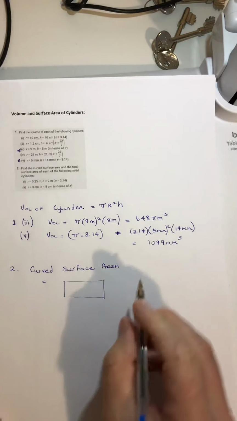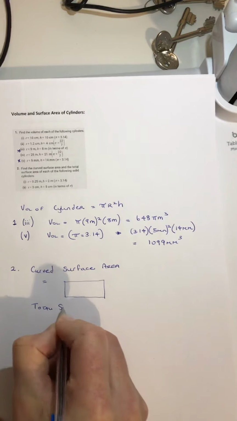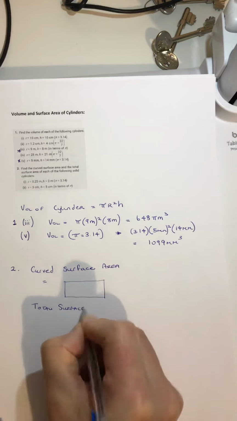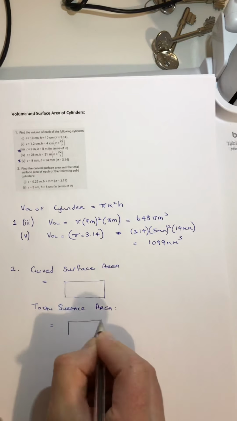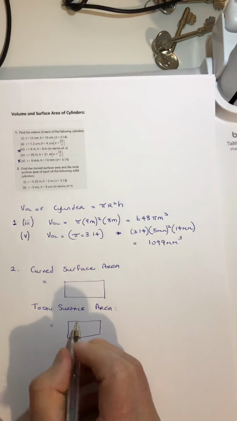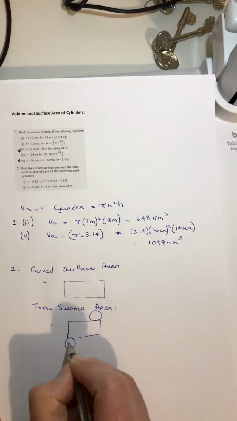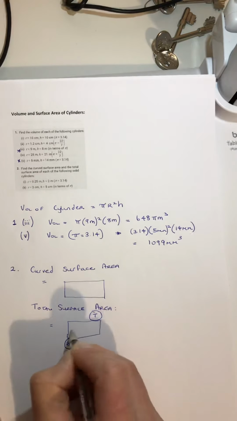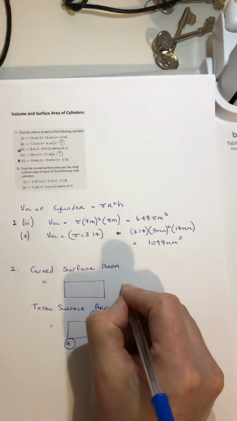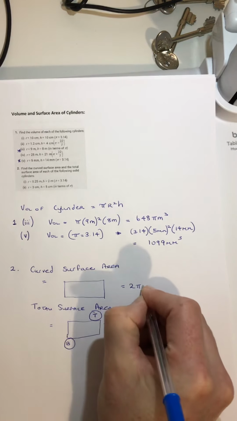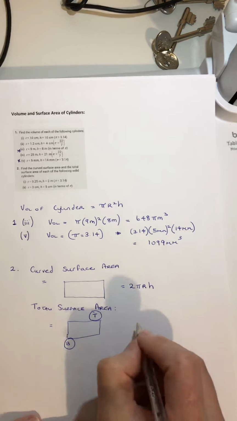Okay? And if we want the total surface area, total surface area will be the rectangle plus the top and the bottom. Top, bottom, and around the sides. Okay? So the curved surface area is equal to 2 pi r h, and the total surface area is equal